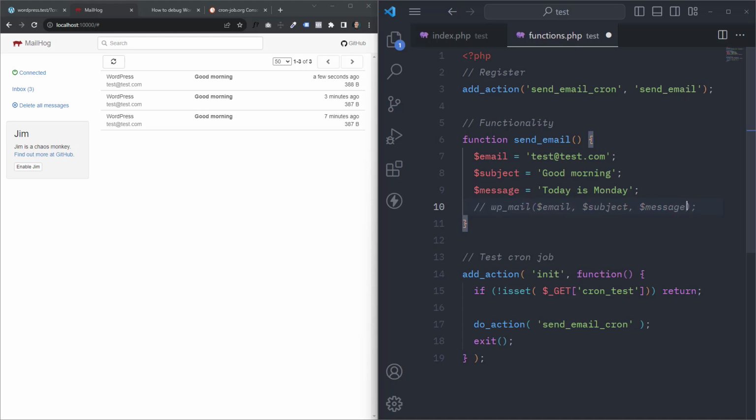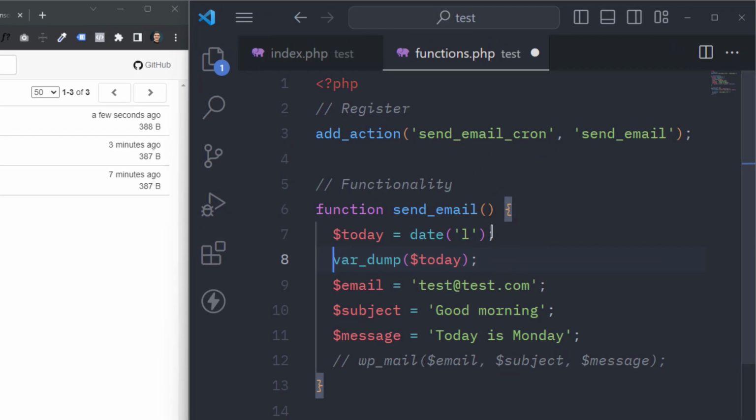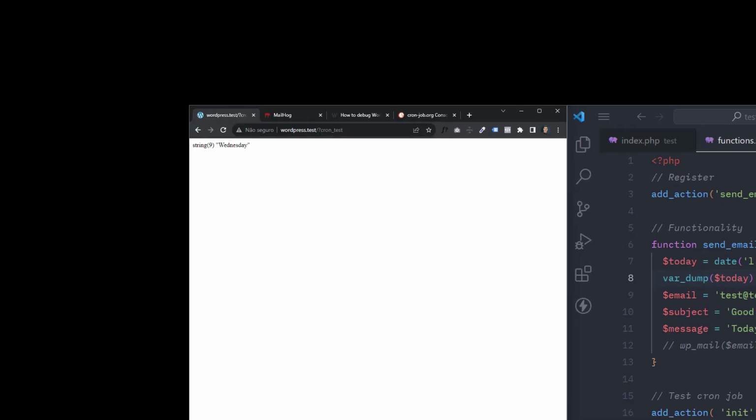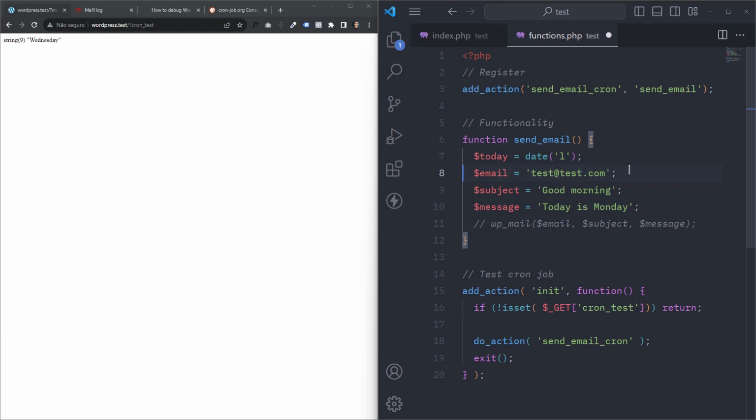Let me comment it out and update our function to print the current day of the week instead of the hard-coded Monday. So let's add it like this. In PHP, we may use the date function with a lowercase l inside of it to return the current day of the week. So let's save it and access this again. As we can see, the var_dump is working correctly and is showing today that it's Wednesday. Okay, so now I may remove here with Shift Del